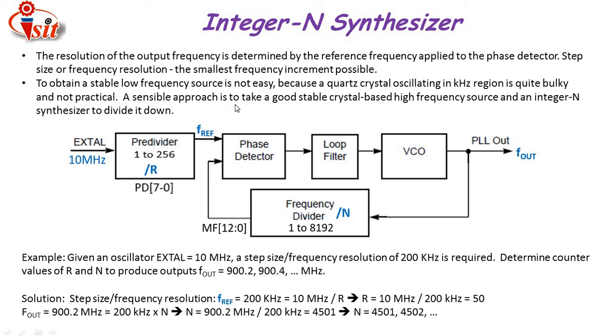A sensible approach is to take a good stable crystal-based high frequency source and an integer N synthesizer to divide it down. Here is an example: an external source is given as a 10 megahertz frequency, and a step size, or frequency resolution, of 200 kilohertz is required. Determine the counter values of R and M to produce an output frequency of 900.2